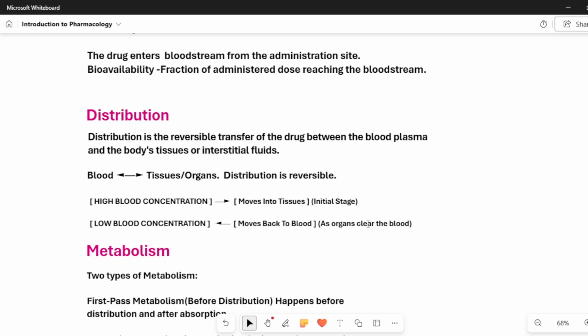Since blood is passing the drug into the organs, the concentration in the blood will reduce. Then once that is happening, it will push the drug back from the organs to the blood.